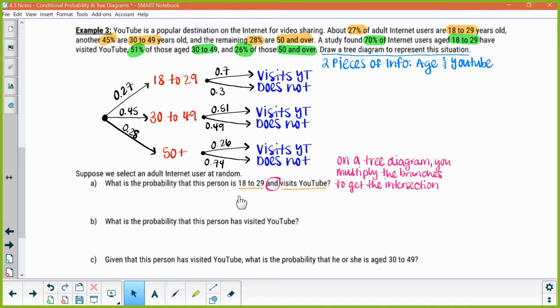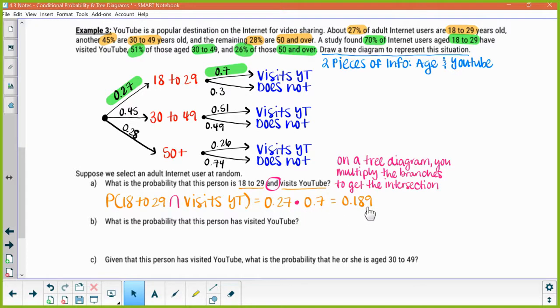So in order for me to have someone who's 18 to 29, I have to go down this branch. And then if they have to visit YouTube, I have to go down the 70% branch. So the probability of 18 to 29 and visits YouTube is going to be 0.27 times 0.7,